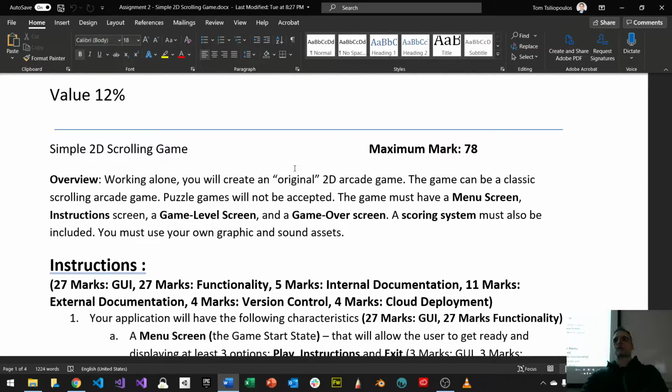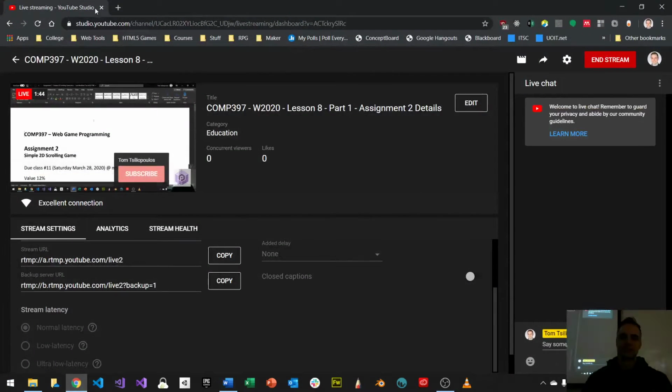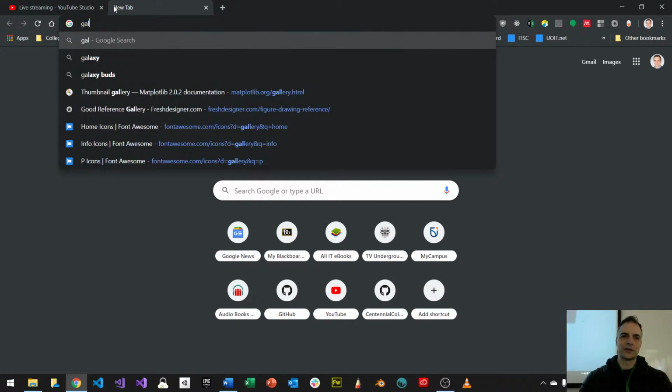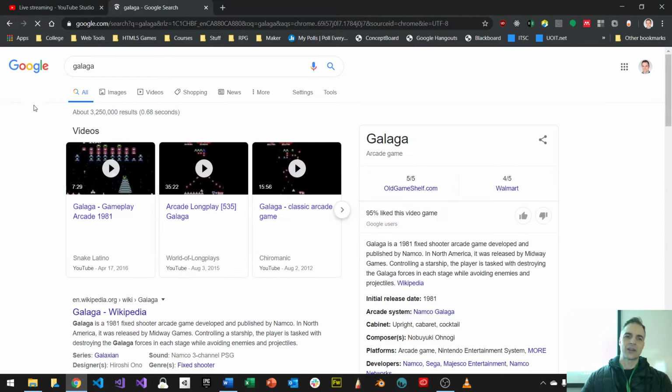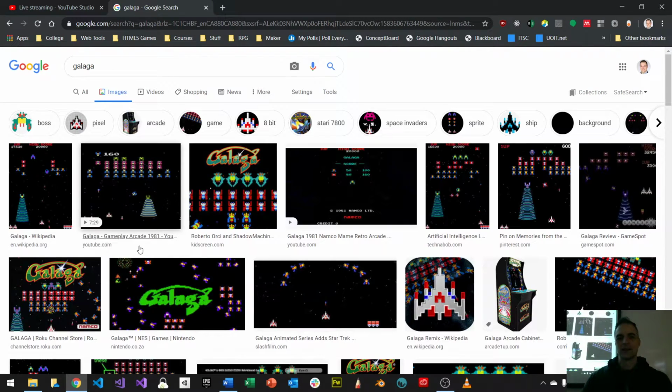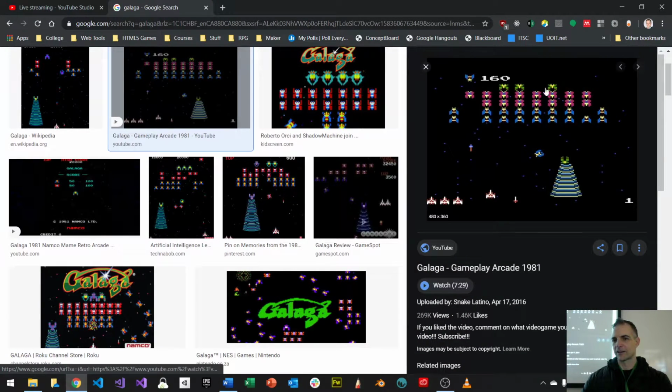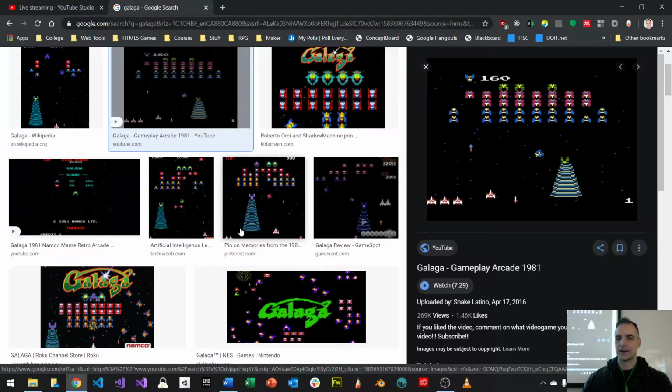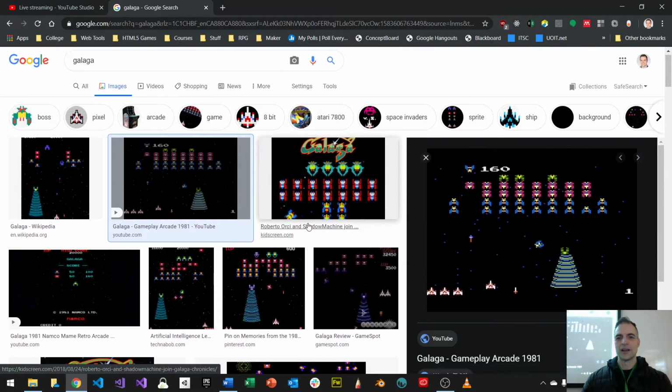So let's say you really like Galaga, as an example, the old game. So let's look at Galaga for a second. And for people who don't know what that is, Galaga was this old game. I can't play the video, but I can show you images. So it looks like this. So here's Galaga, right? And you want to make this game where these things are coming at you, some old retro game, and you want to kind of recreate this idea. 1981, wow, I feel old.